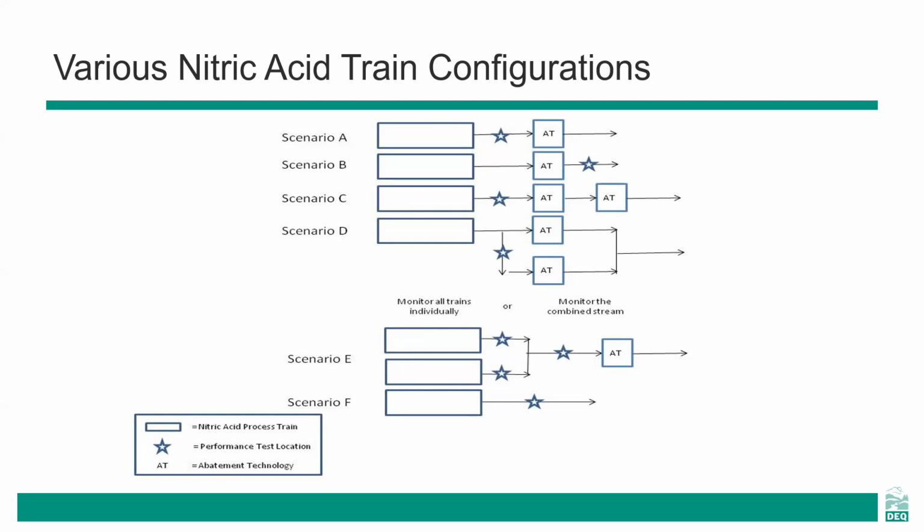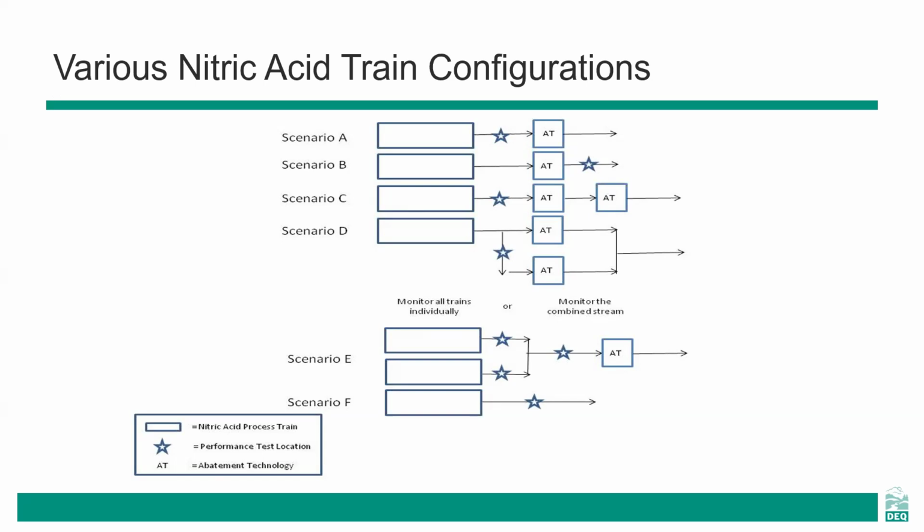To calculate the emissions in scenario A with 1 abatement technology, reporters should use equation V3A. To calculate emissions in scenario B with no abatement technology after the test point, like in scenario F, reporters calculate emissions with equation V3D. To calculate emissions in scenario C with two abatement technology devices in series, reporters should use equation